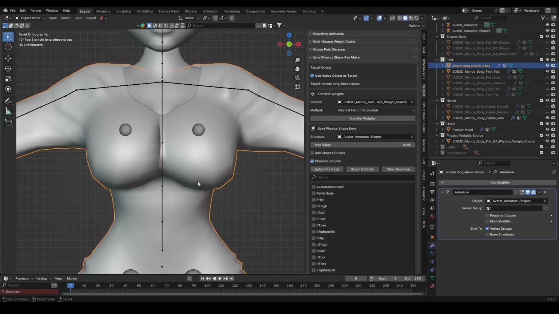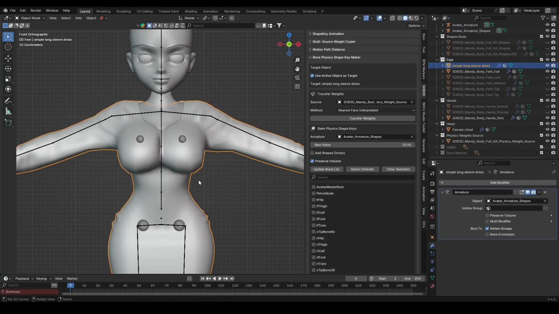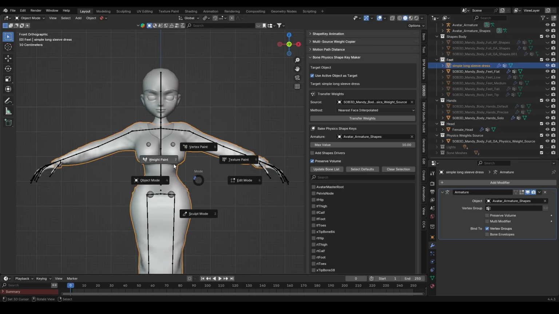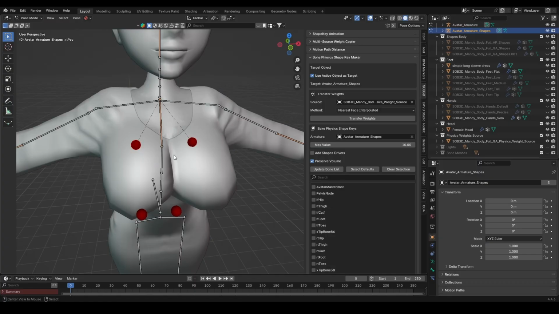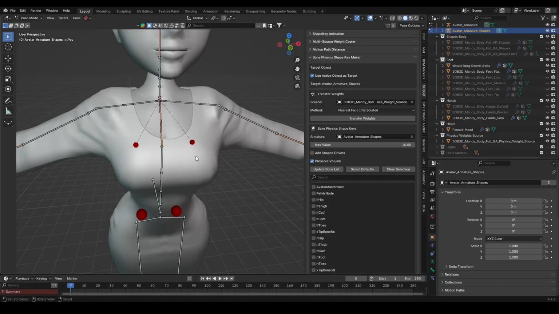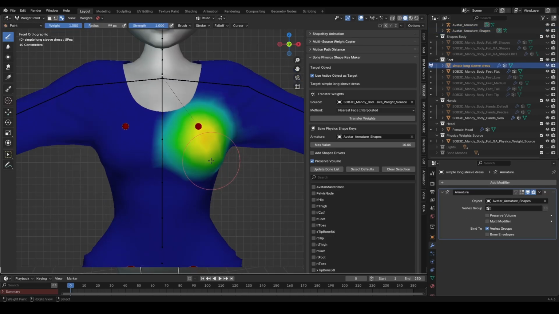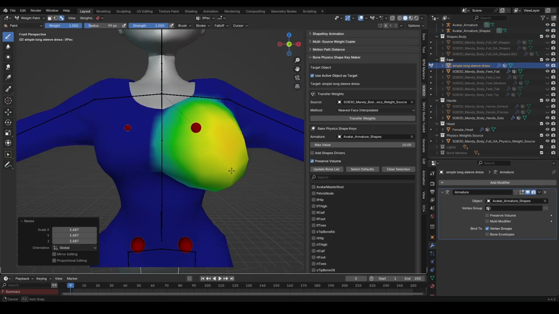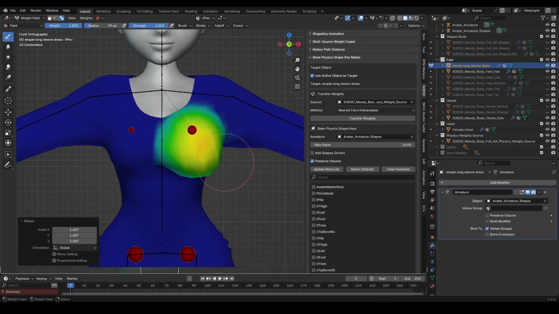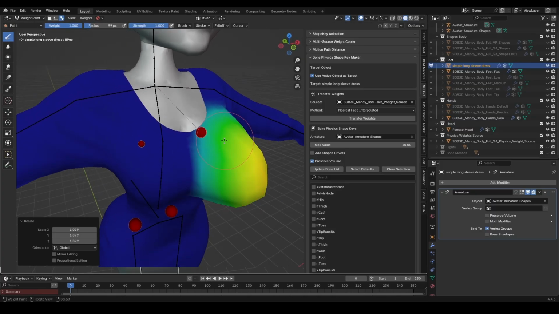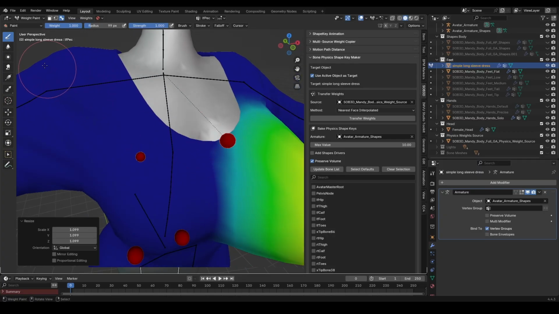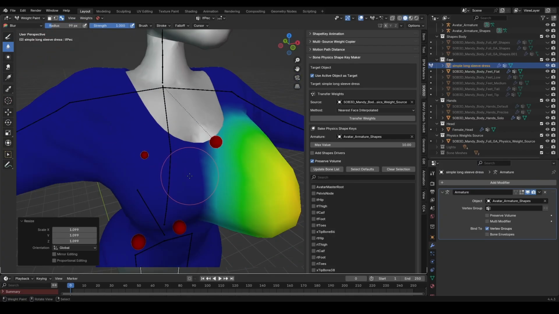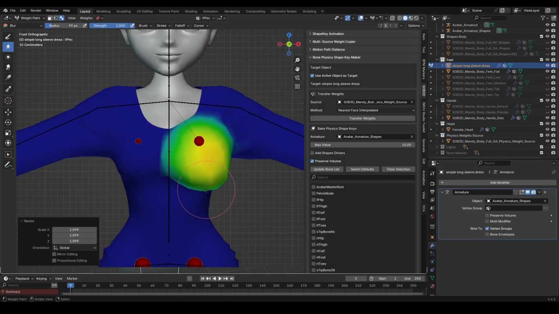So what I'm going to do is come to weight paint mode with Control Tab. All right, so I'm going to press Alt S. So with this bone selected, I'm going to scale it up a bit so I can see the effect it has and what I need to smooth out. So using my blur brush, we've gone through these methods before in a previous tutorial,